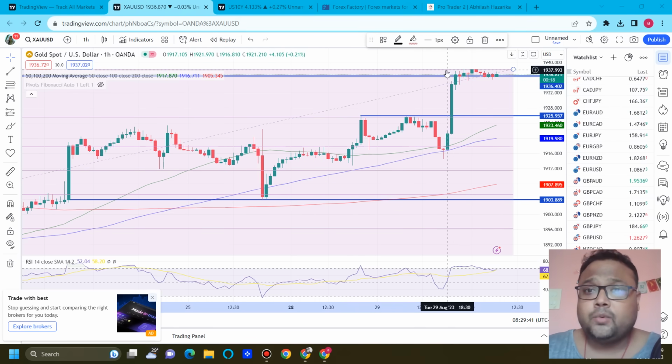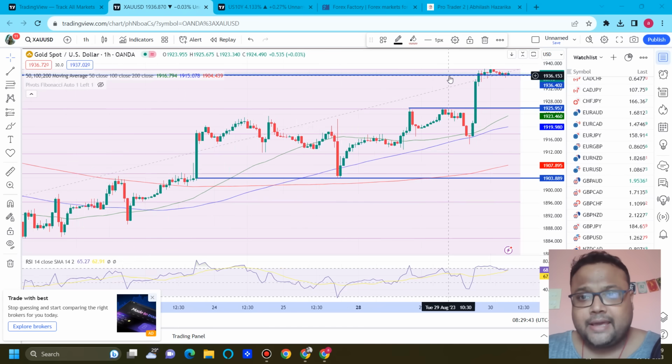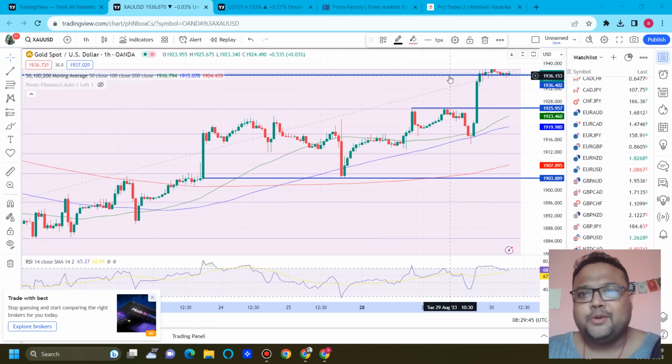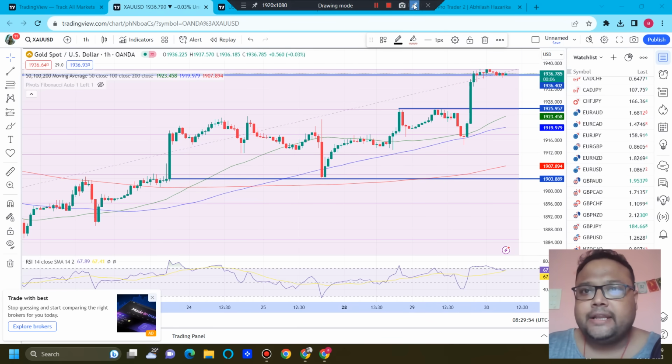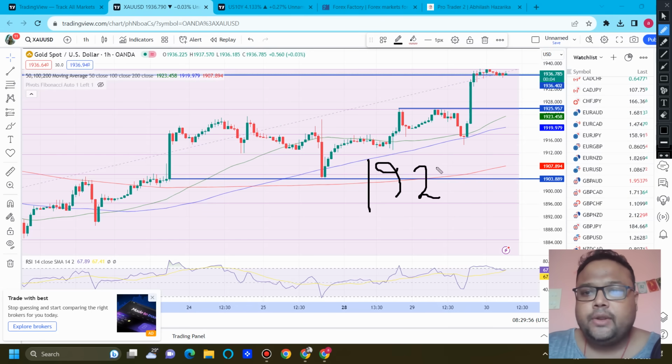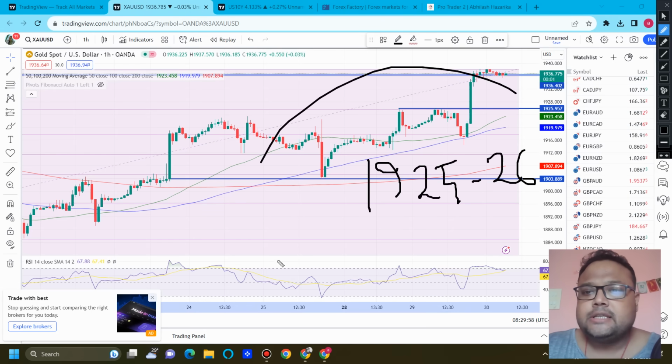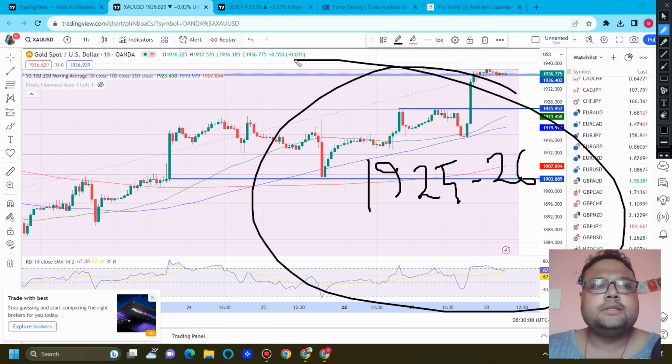But yes, market will be gaining momentum again. So gold lovers, you need to watch out. The most important level for the day, at least before ADP non-farm payroll, is 1925, 1926. 1925, 1926 seems to be the most important support on the gold right now, in absence of the news or